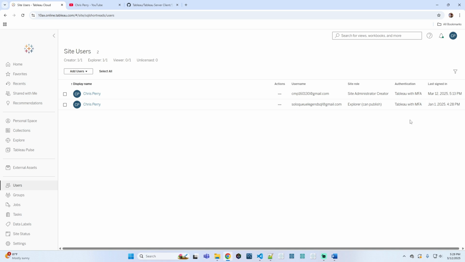So on my Tableau Cloud instance, I have two users. They're both tied to me, different email addresses. You'll notice that one I've signed in today for the purposes of this tutorial. Another one, I have not signed in since January 1st, 2025. Now,